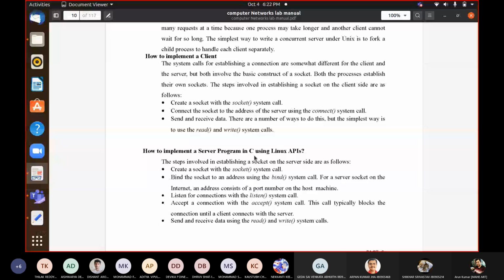If you are using a DHCP server, the port number is fixed. So for any server, the port number is fixed.